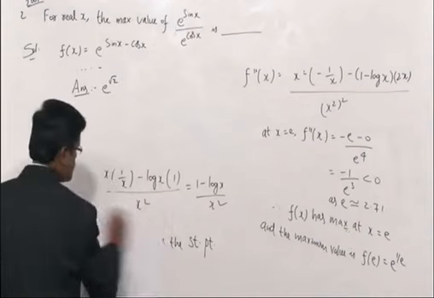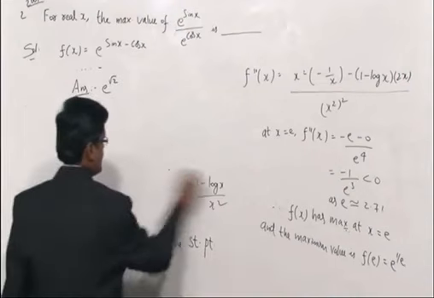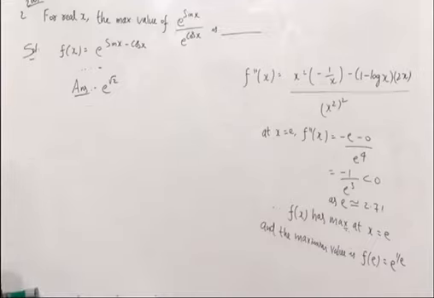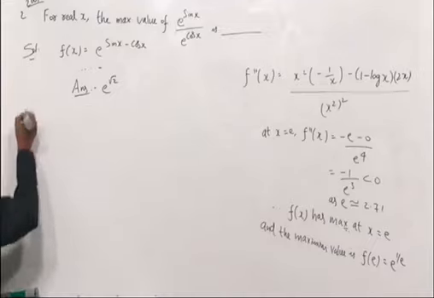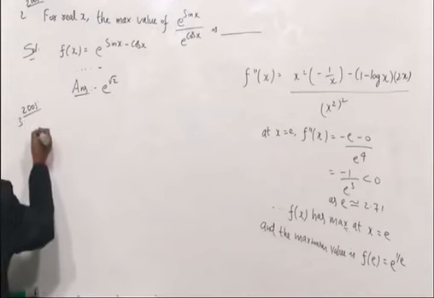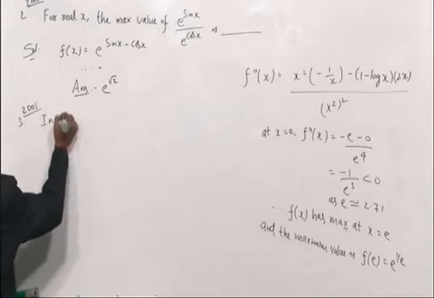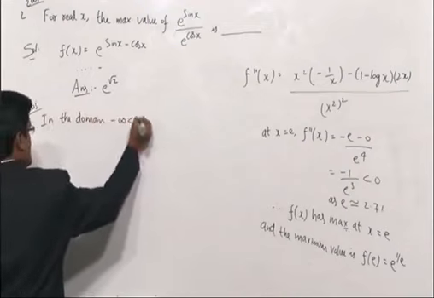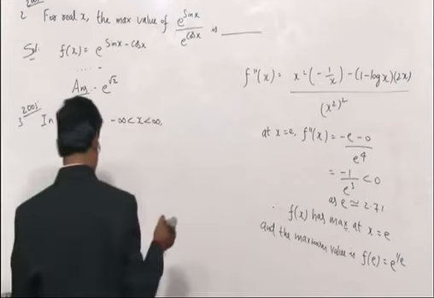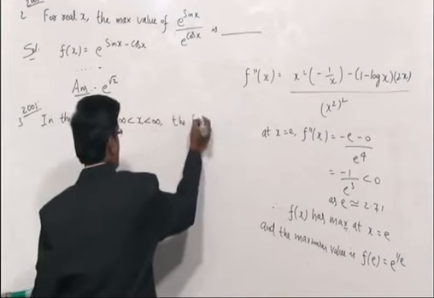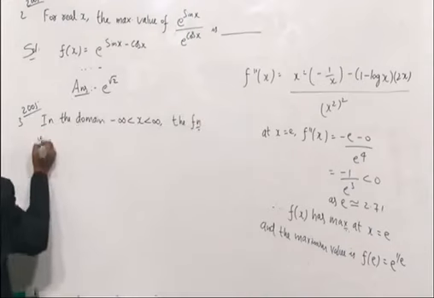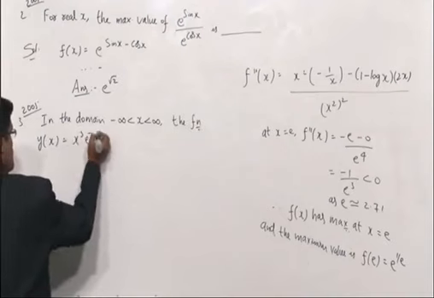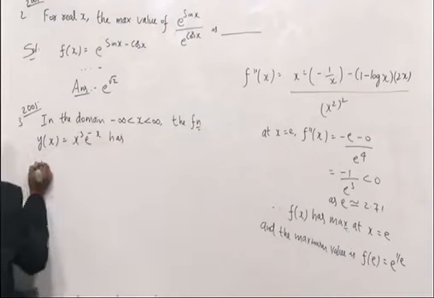One more problem I am giving, later you do it. 2005, 2 marks. In the domain minus infinity less than x less than infinity, the function, instead of f(x), it is given as y(x), x cubed e power minus x, has the options: